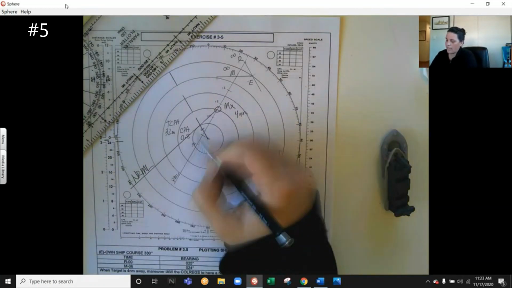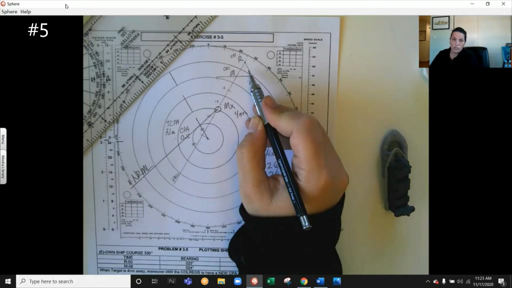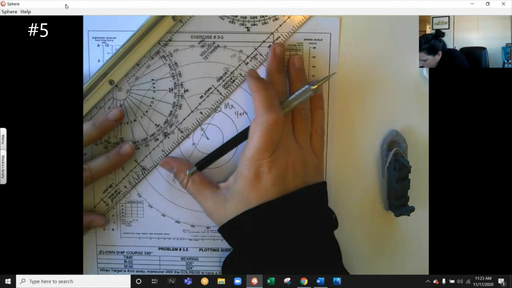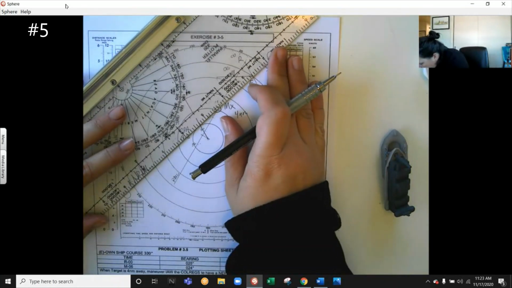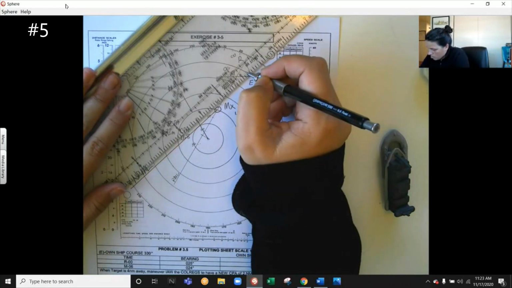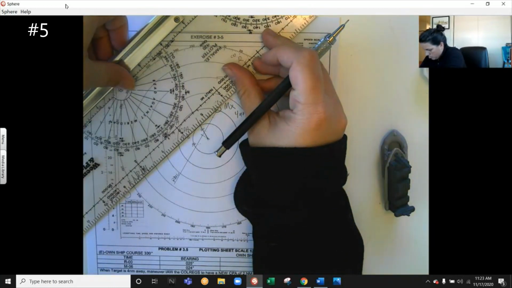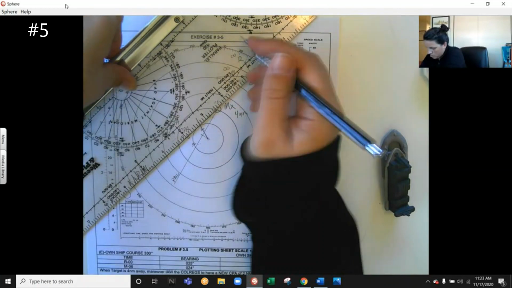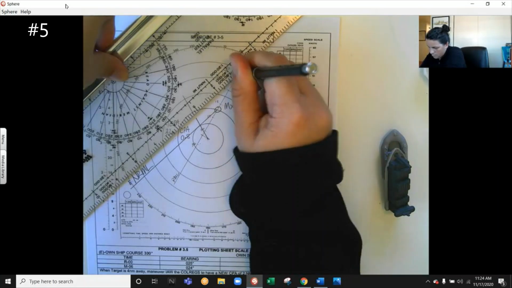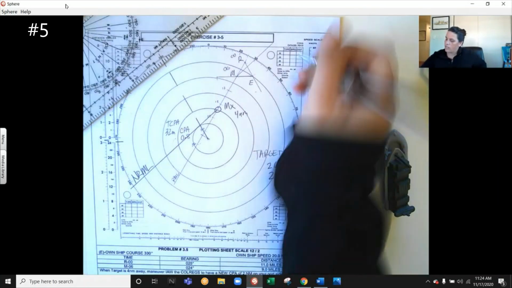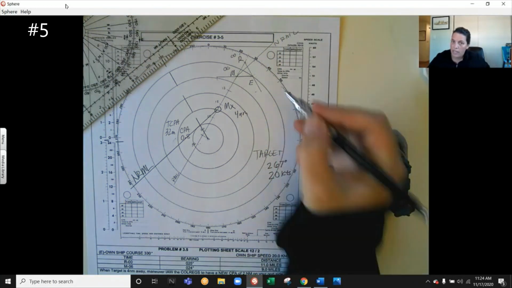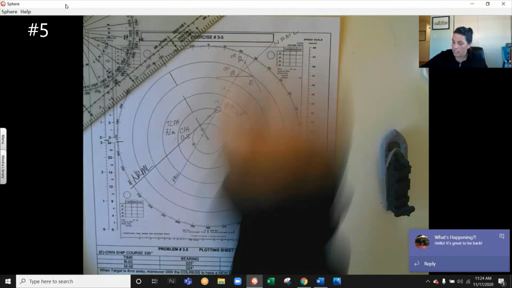So we need to bring back this relative motion line back to the triangle so we can create our second triangle. So again, this is my new relative motion line. And if I was to maintain my course,